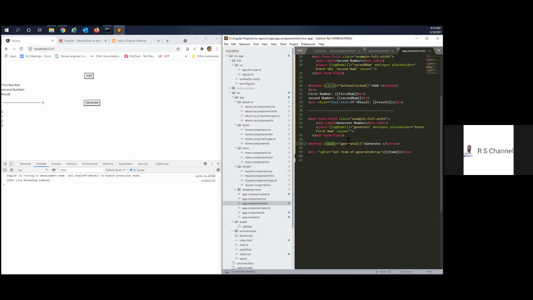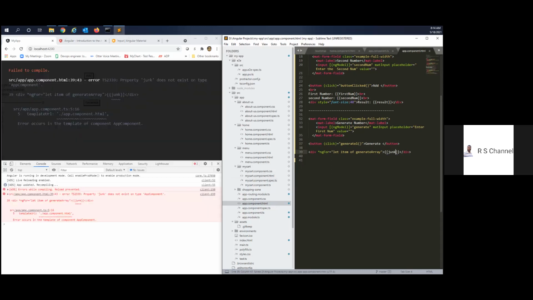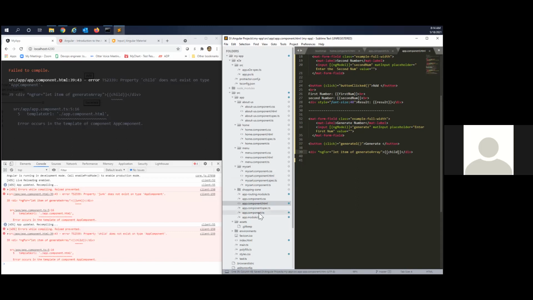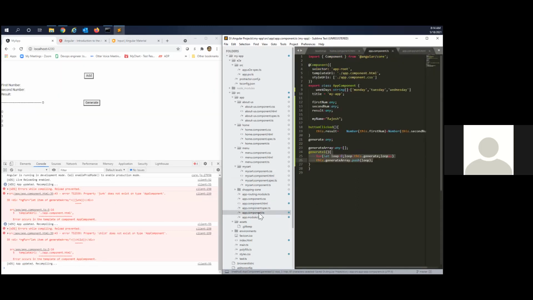Instead of let item, you give any junk name. Just I given the junk. Any junk name? Yes, Rajesh.